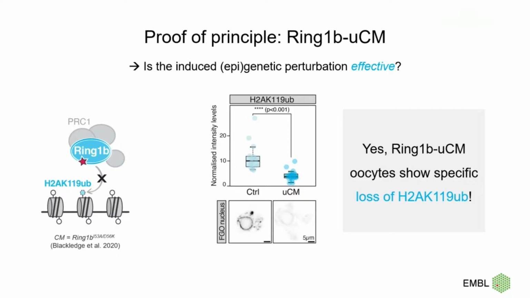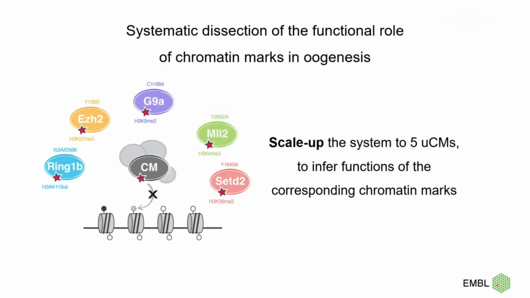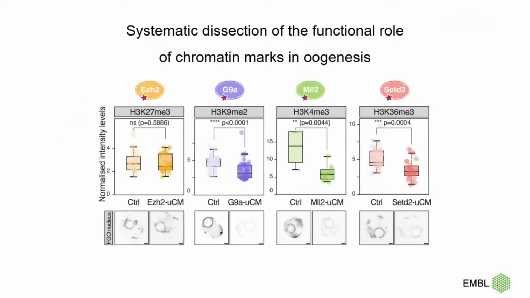And so we really wanted to harness the scalability of the system to actually make a panel of catalytic mutants across a range of 5 different chromatin modifications that are relevant for oogenesis and development. And then as a proxy, once again, we used levels of the chromatin mark to test whether we are obtaining a UCM or not. And in 3 cases out of 4, we could see strong and reproducible loss of the